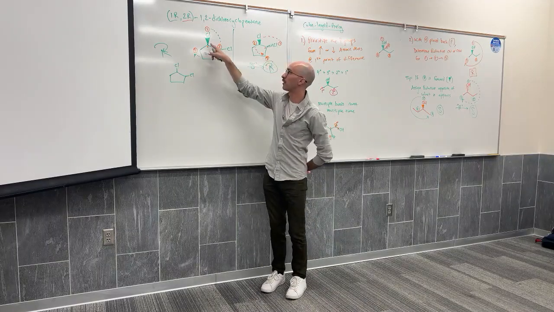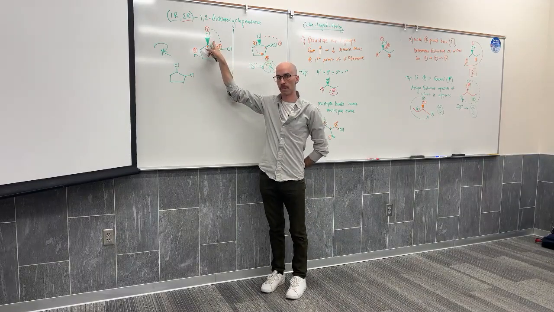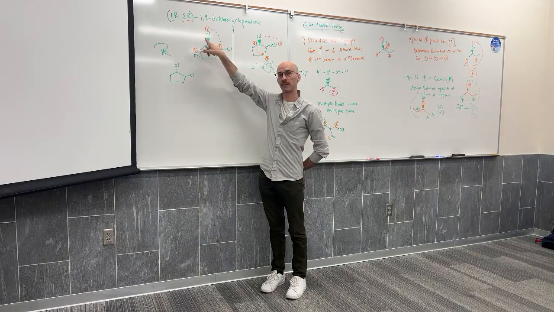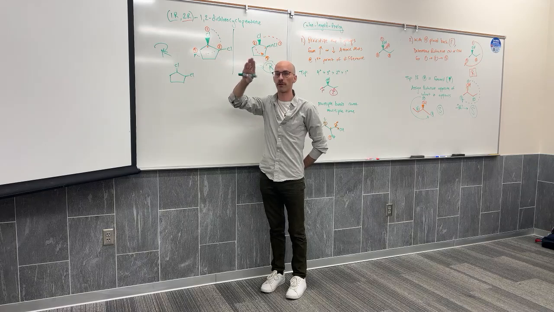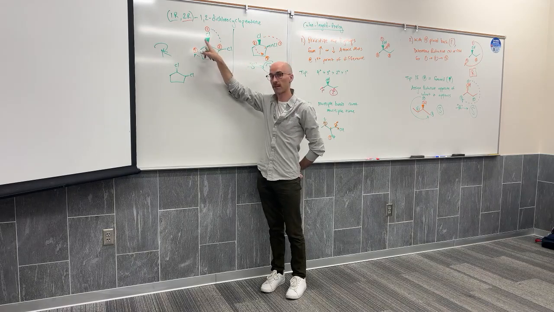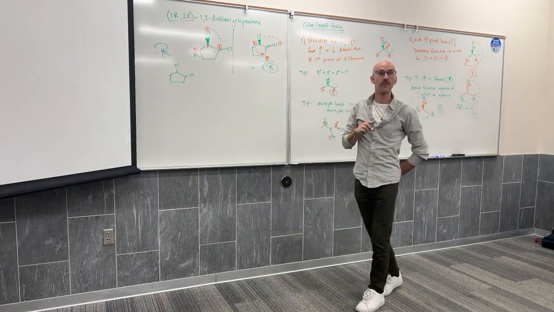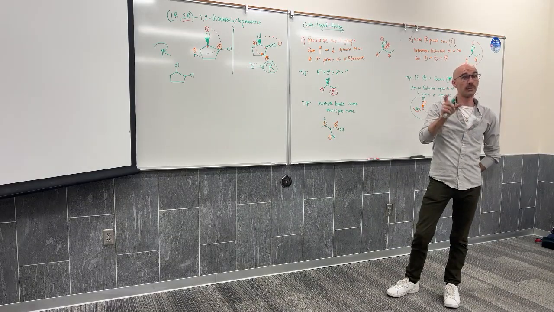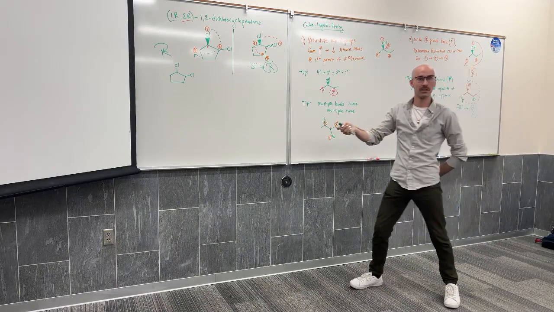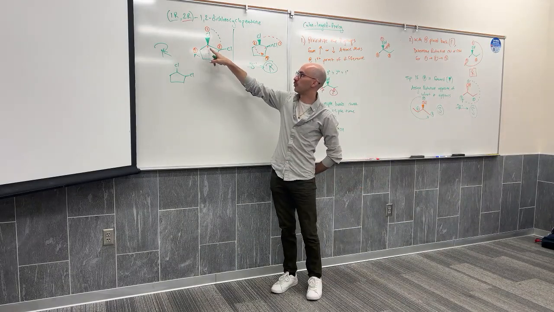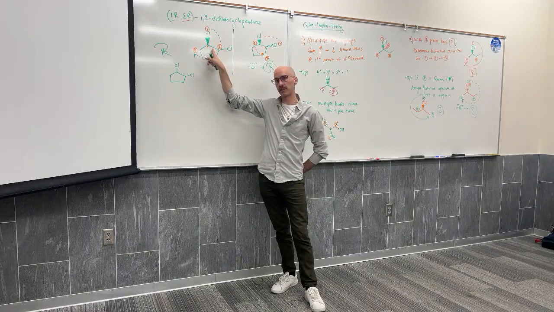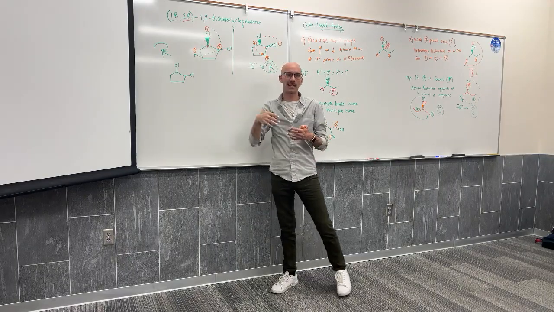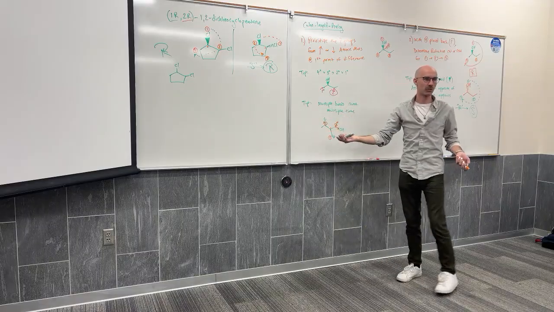Yeah, 1 to 2, if and only if the fourth priority group is back. And the fourth priority group is back because I made this wedge. Oh, because the chlorine's in front, is that what you're saying? Okay, that was what was throwing me off. We are assuming the hydrogen is dashed because I already have the two in-plane lines if I touch the chiral center, and I have the wedge. The only position left is the dashed group. Okay.